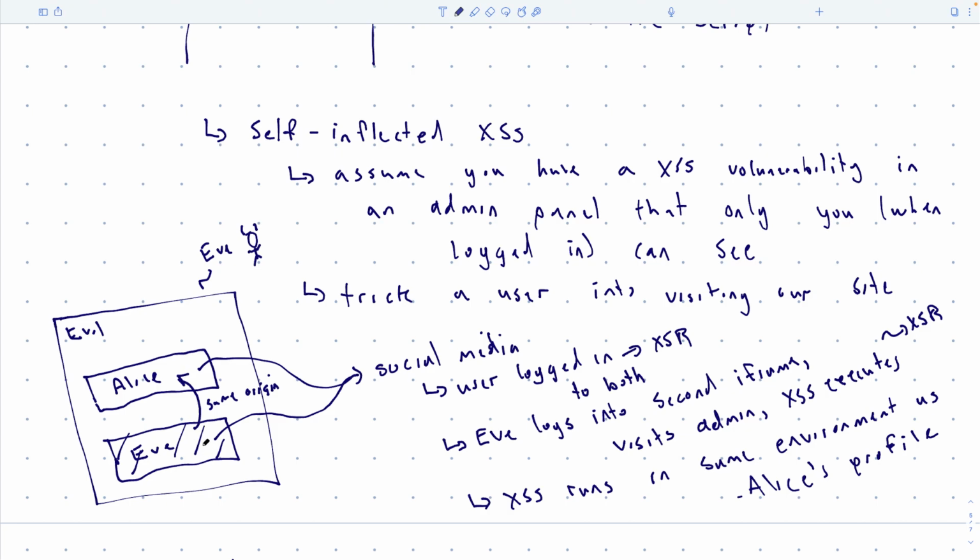So are these the same origin? The answer is yes. They're in separate iframes, but that doesn't matter. They're still within the same origin, the same website, and things from the same origin can talk to each other. So I navigate this second frame to my admin panel, which has my bad script in it. Then my bad script starts running and asks for everything in the DOM tree for Alice's information in the first iframe, and posts it to a web server of mine. So I can exfiltrate all of that data out of the first iframe and send it off.